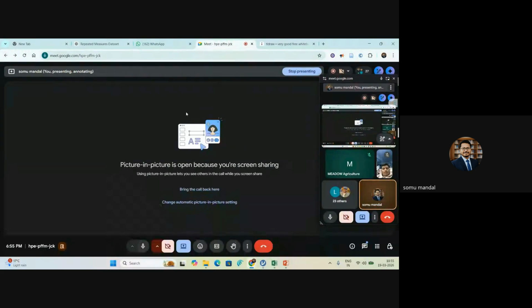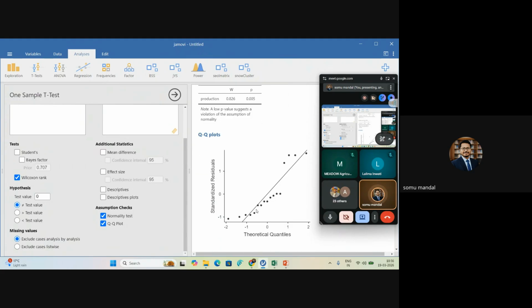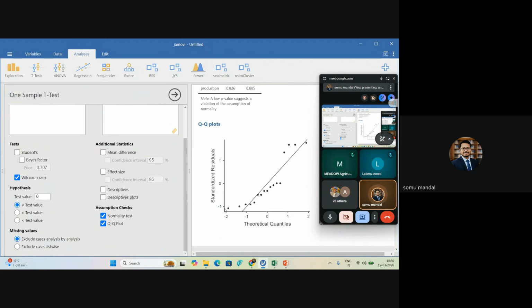So in case of one sample, we try to find out the mean difference of individuals, agricultural production in that particular sense here. From the QQ plot, you look here, the values are deviated. So it's non-parametric. That's why we click on where? Wilcoxon. Test selection is based on the data. Continuous data, but non-parametric. Select what?